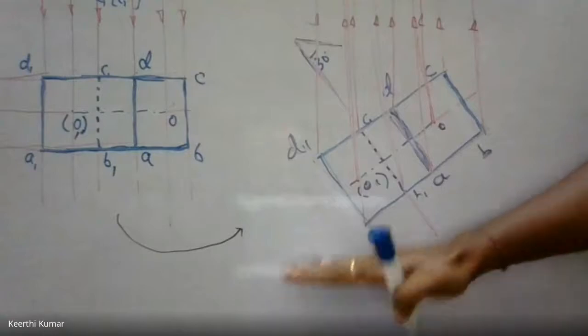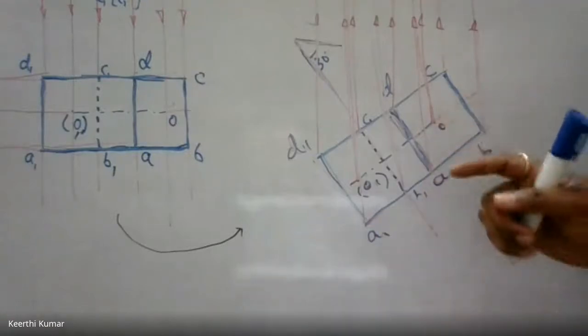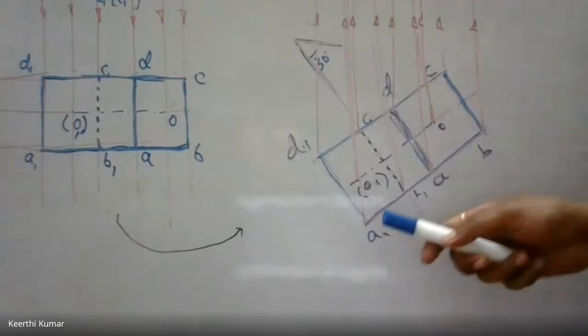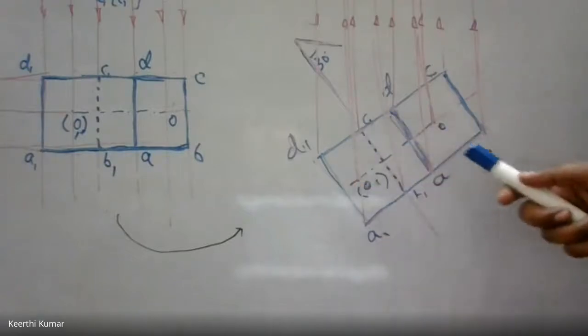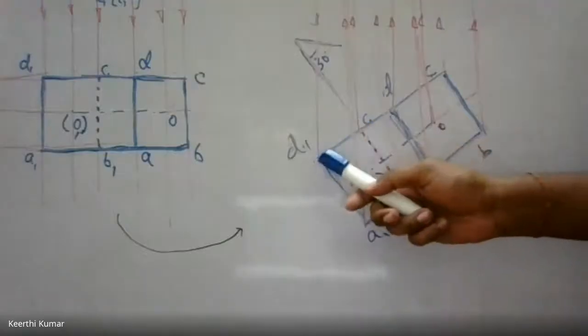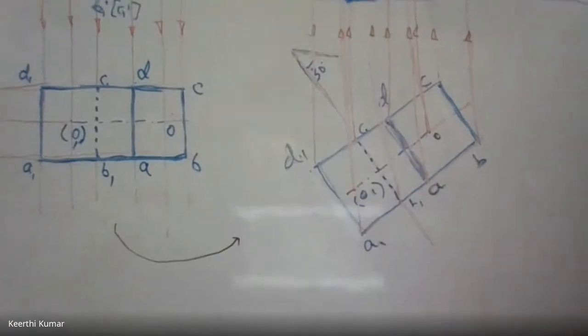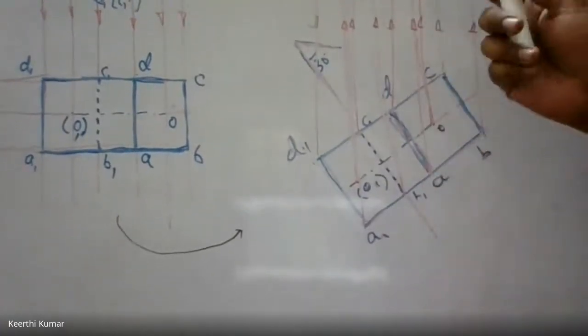If I see from the base and stand here, out of these two faces, which is nearer to you? Whether A1, B1, C1, D1 is nearer or A, B, C, D is nearer? Anybody? A1, B1, C1, D1, yes. That is nearer to you. For this problem, A1, B1, C1, D1 is nearer, so we want A, B, C, D now. We are checking A, B, C, D.